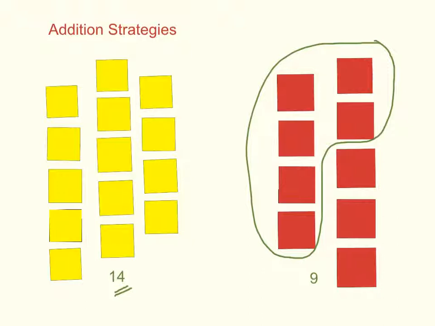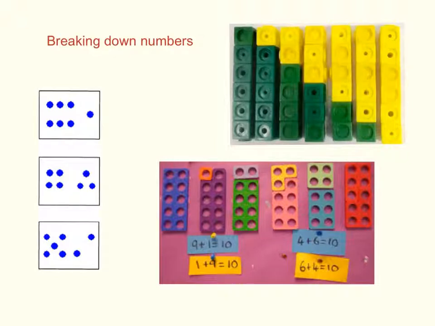For children to be successful mathematicians, they must progress from counting strategies to learn to manipulate and break down numbers when calculating. Here's some strategies that will help children to break down numbers and understand number relationships. You can see how the dot patterns on the left allow children to see the number 7 split up in different ways. Playing games with dot patterns or dominoes where children have to add the dots will help to develop